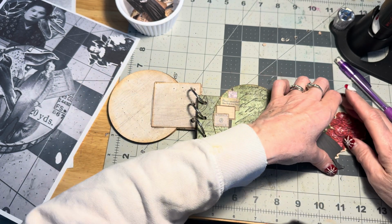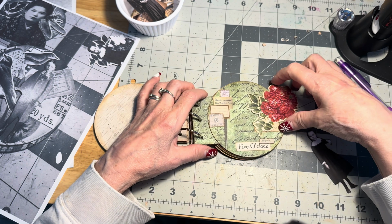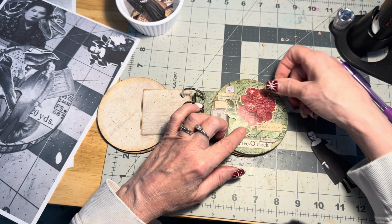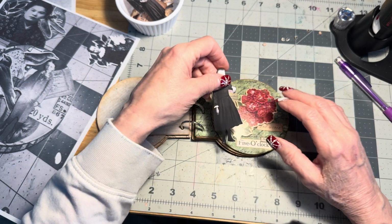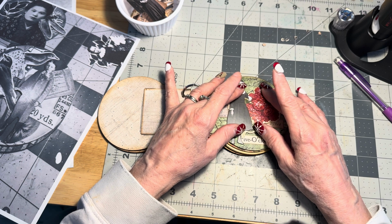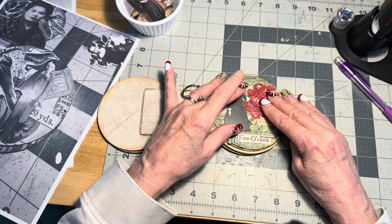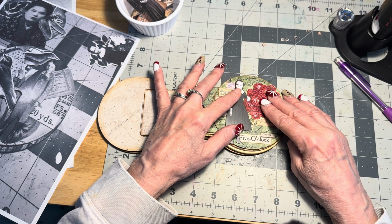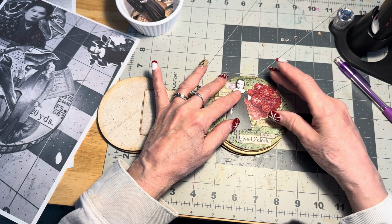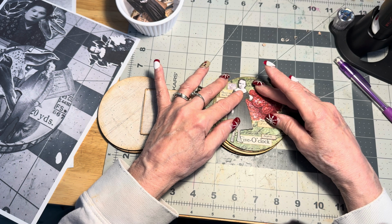So I take and I lay down... This is turning into a Tim Holtz ephemera lesson, which I didn't really mean for it to be. I lay down my flower, and I lay down my girl. And I want her to look like she's standing, leaning on the leaf of the flower. And then I will just kind of position them so that I have room to add the little things. And then as they're standing here, and I really want her to be leaning on that leaf, and she is,